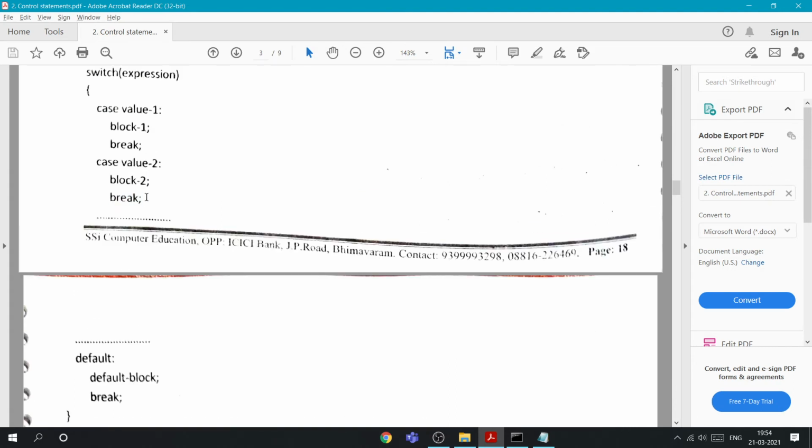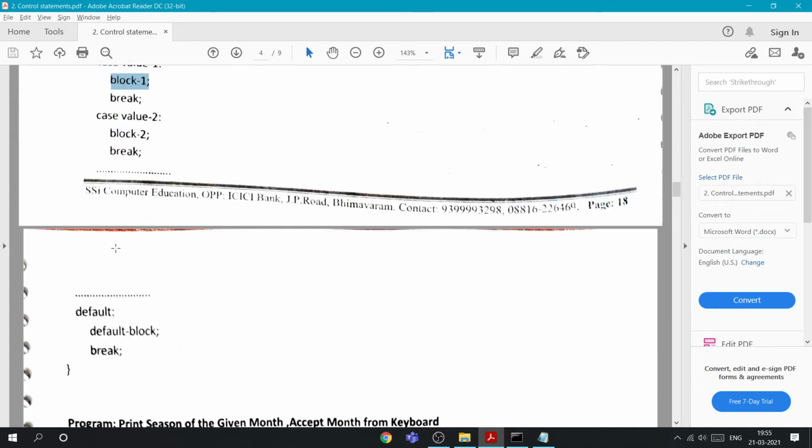If I didn't write break in the first case, and the given value is A, then case A will execute, and since there is no break, the next case will also execute. So block 1 and block 2 both will execute, so that's why we need to give break. If you give break, the switch is stopped. When the case matches, only that particular block will execute and come out of the switch statement.